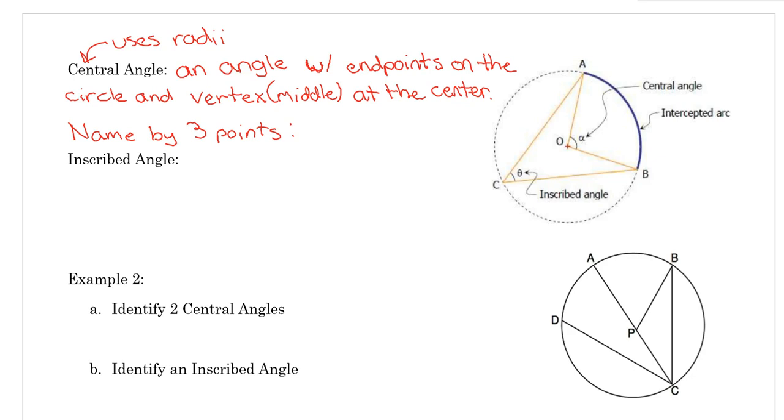So I have a radius here and a radius here. Those 2 radii make up a central angle. Anywhere you have 2 radii, you're going to have a central angle. So I'm going to name this angle. I go A to O to B. We've looked a lot at angles, so we should be pretty good at these by now. Or I can go the opposite way, B to O to A. I can always switch directions. Angle